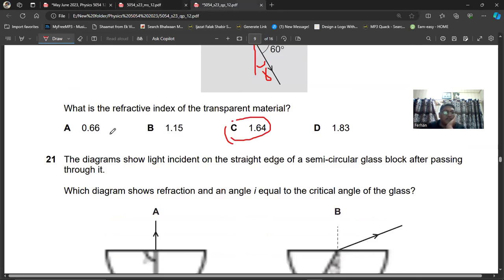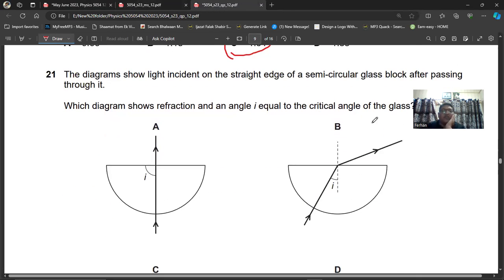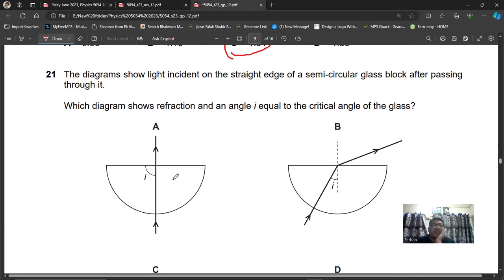Okay, that's right. Now we are going to question number 20, and it says the diagram shows light incident on the straight edge of a semicircular glass block after passing through it. Which diagram shows refraction and an angle I equal to the critical angle of the glass? You see,